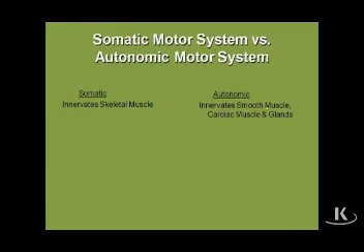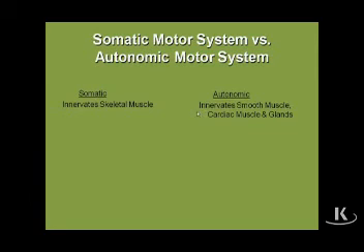The somatic nervous system innervates skeletal muscle. That's always true. All somatic motor nerves innervate skeletal muscle. All skeletal muscles are innervated by somatic motor nerves. In contrast, the autonomic system innervates smooth muscle, cardiac muscle, and glands. That's always true. So that is the true distinction between the two.